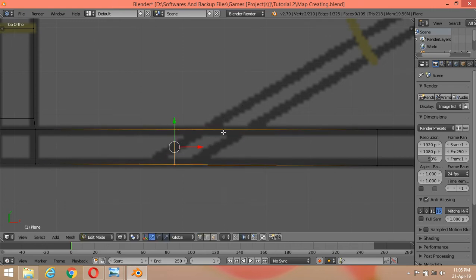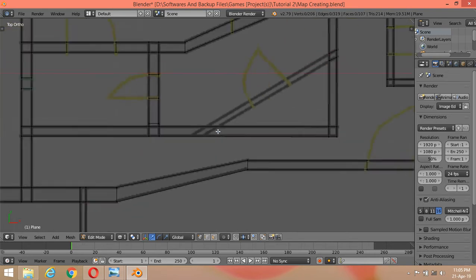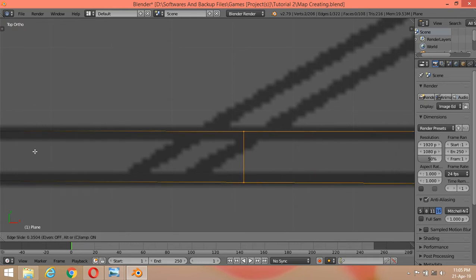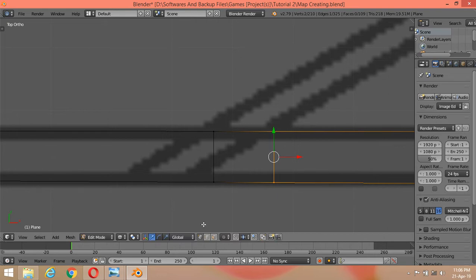Not good. Control Z to go to reverse. Over here I have a trick. Press Control R, move loop cut over there, and again Control R, select another loop cut and move it by using mouse over there. And now A to deselect, right mouse click to select this, and again right mouse click and shift holding select this,